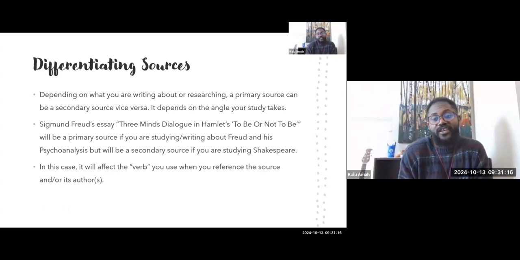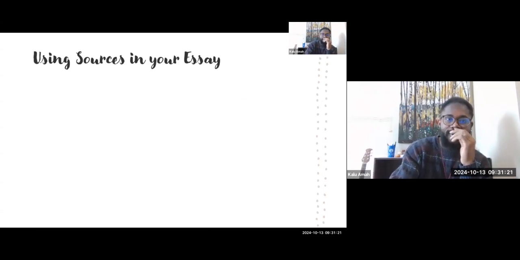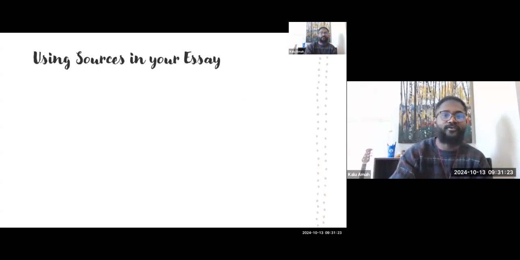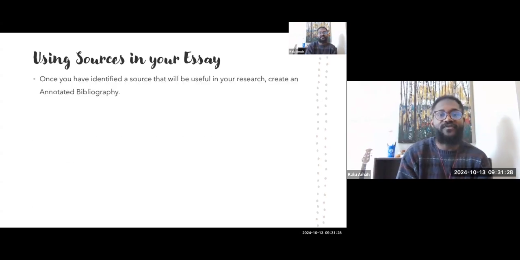So in this case, it will also affect the verb you use when you reference the source and its authors. I think we talked about this last week, so I shouldn't go further here. So, using sources in your essay. So once you have identified